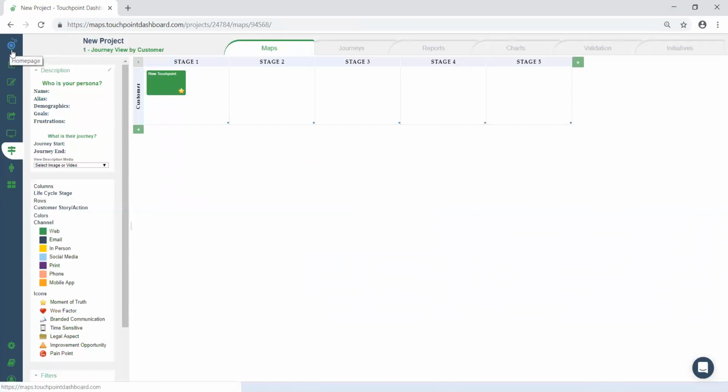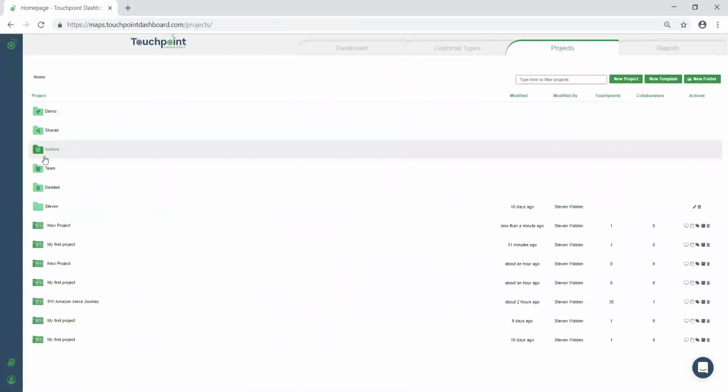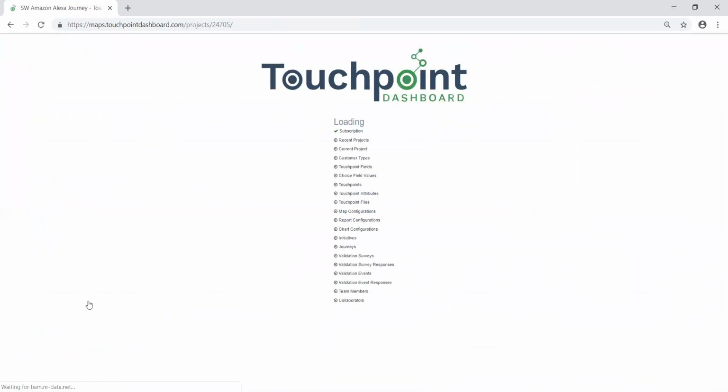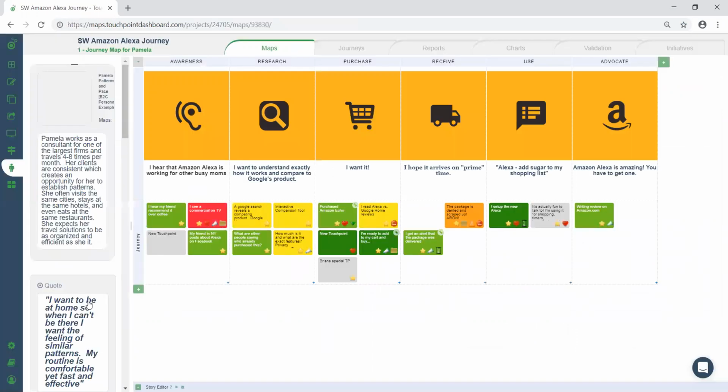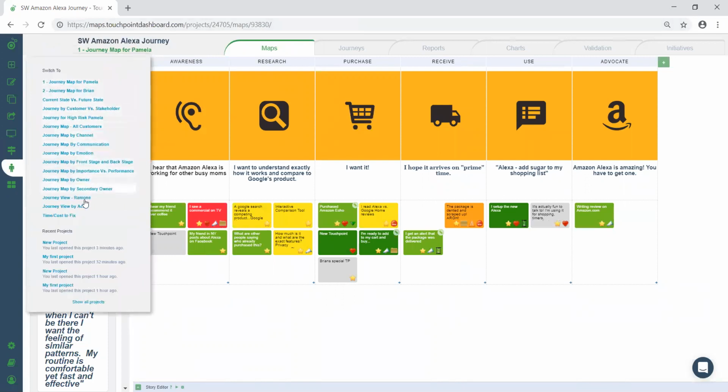Let's now go back and have a look at a completed journey map. We're going to have a look at an Amazon Alexa journey and its purchase. As we can see, this is a view of an Amazon Alexa purchase journey from the perspective of Pamela, the assigned persona. If we click on the dancing arrows again, we can see a large number of different views that